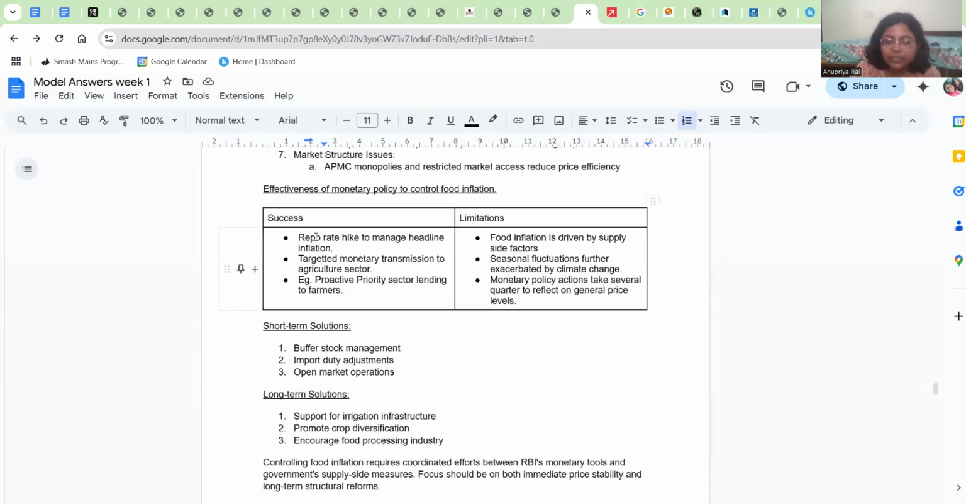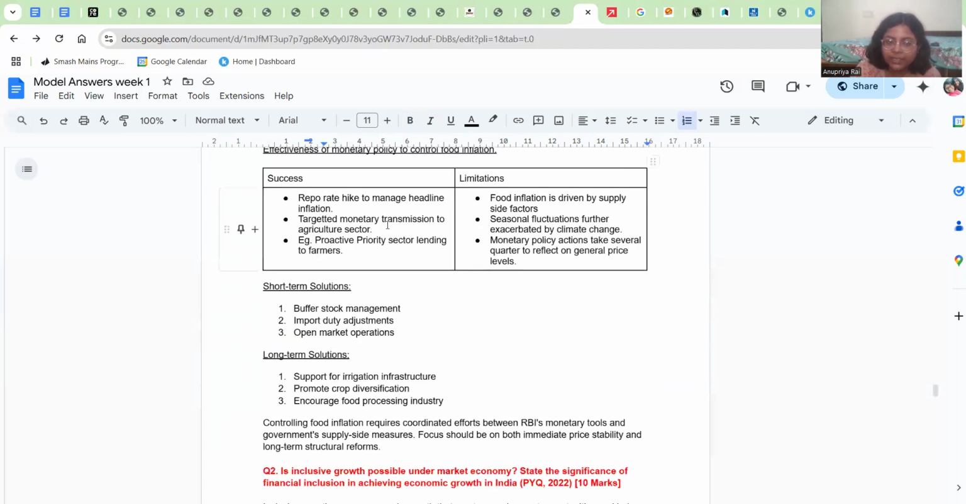Then effectiveness. Again it is a 10 marker, so this is a place where you can make a table, write success and limitation, so that everything is right in front of the evaluator's eyes. So repo rate hike to manage headline inflation, and how RBI has been successful using its monetary policy committee. Okay, so you have to talk about what monetary policy is and what RBI does basically in tackling food inflation, and then proactive priority sector lending to farmers, because